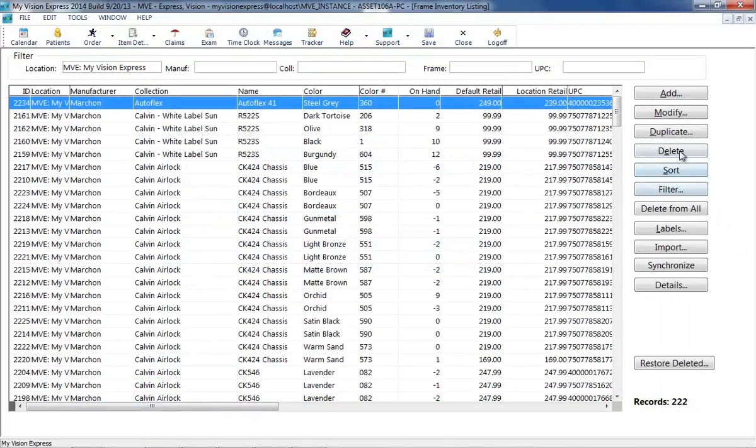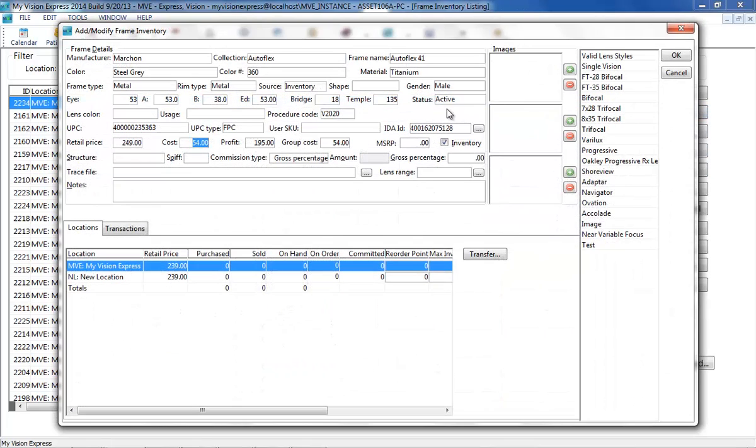Pricing can be defined for items on an individual basis, bulk pricing from a markup formula, or bulk pricing from the inventory listing using the Details button. Individual item pricing is achieved by selecting an item from the frame inventory listing and updating the retail price. Note that updating the group cost can also refresh the retail price